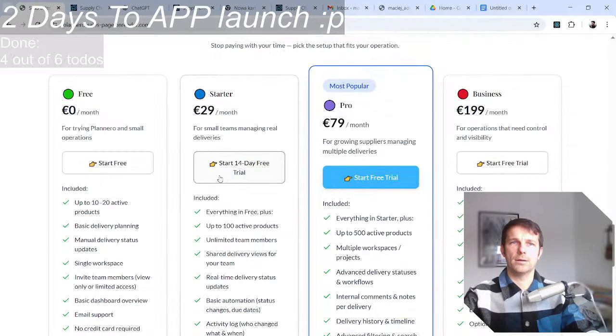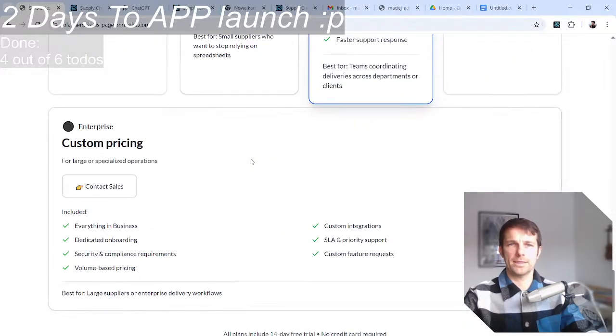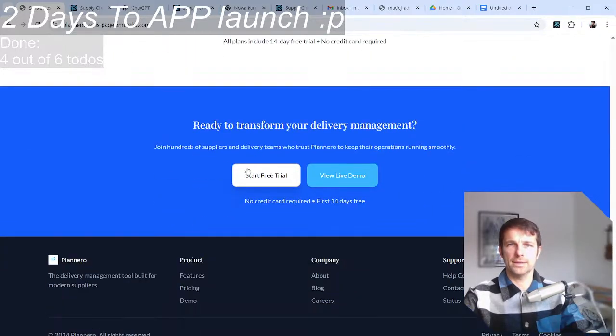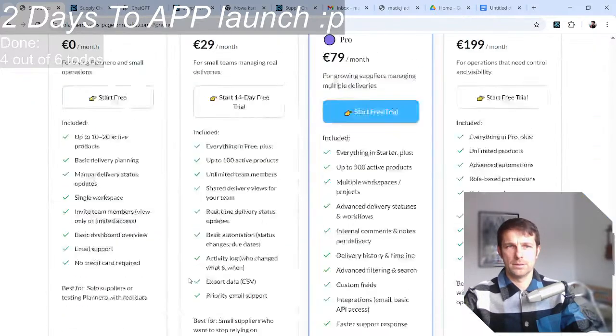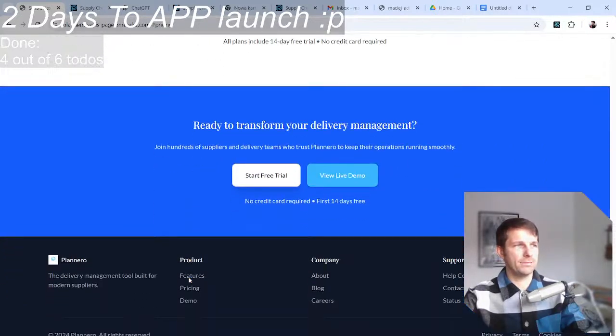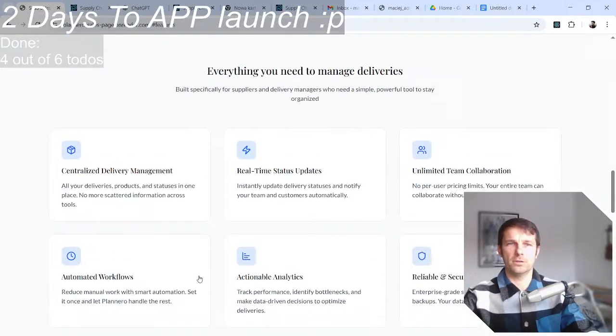Oh, I'll have to link it to a proper URL. But I was testing it already, so it should be actually done. And those links will have to be implemented, I guess. No careers. We don't have careers yet. We're gonna have to work on blog, I guess.